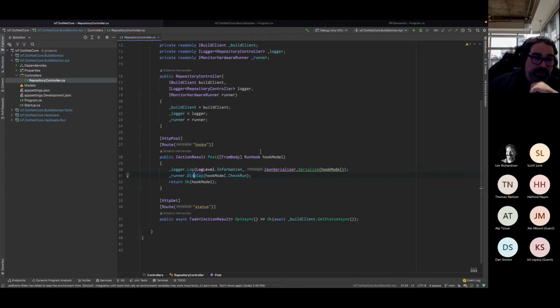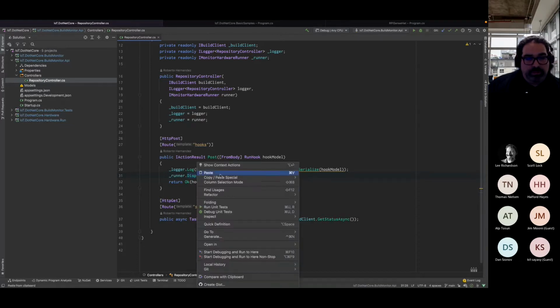I'm going to be passing values using curl, Postman, or in this case, Swagger, directly into the hooks. So what happens when this hook gets hit? The hardware runner gets passed the run information from the GitHub action, and it's parsed to be displayed in the hardware itself.